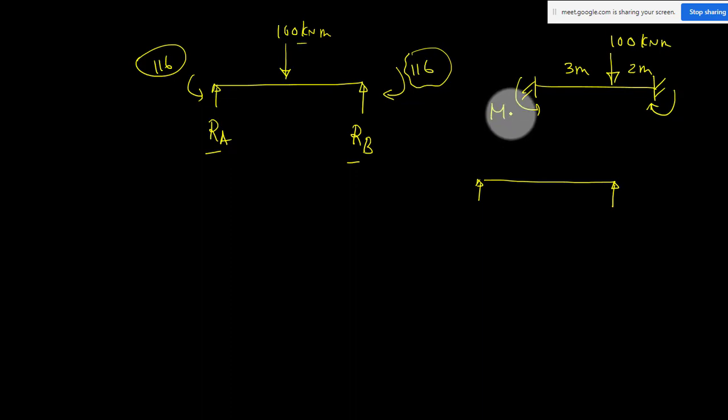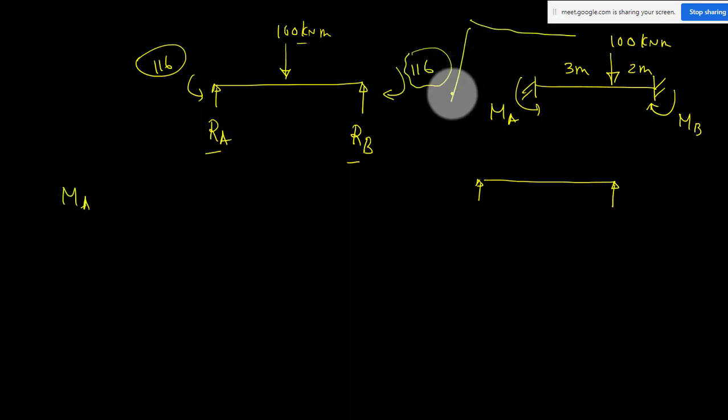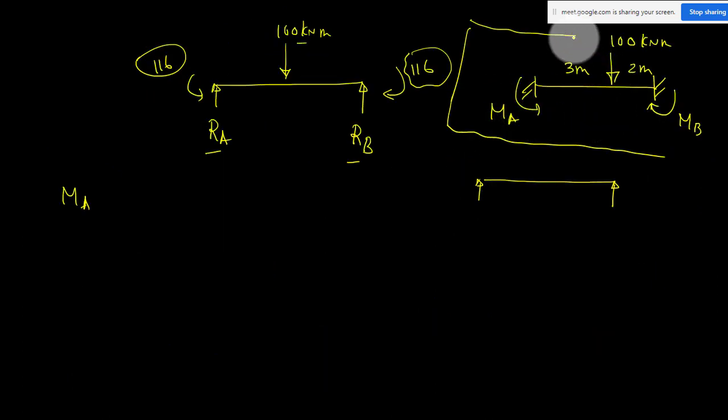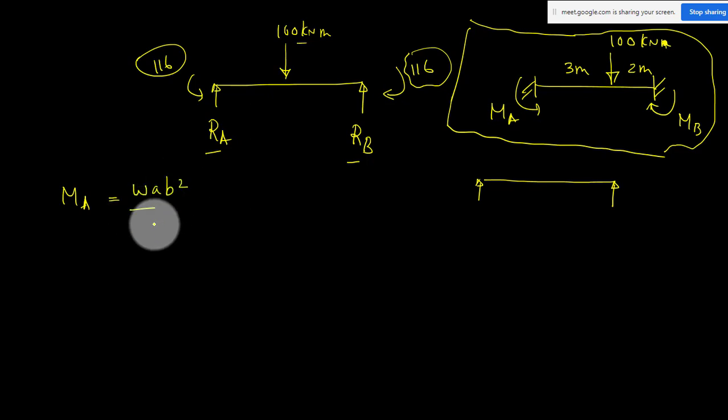So what is this MA and what is this MB? I can use the equation for MA. I am not assuming, I am solving this example. It is your question, because in the previous question there is nothing to solve for reaction because it is just symmetric. That procedure I cannot explain there, that is why I have taken another example. We had a simply fixed beam and we have 100 kN as the load, at 2 meter and 3 meter. So it is an unsymmetric bending. So I can find out the reaction moment MA, that is MA equal to W a b square by L square.